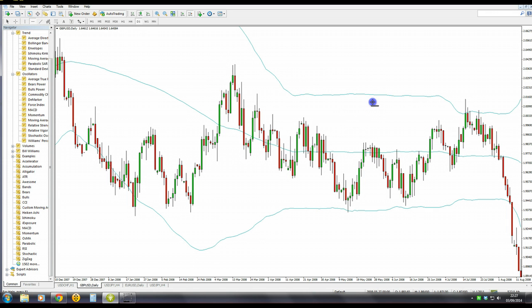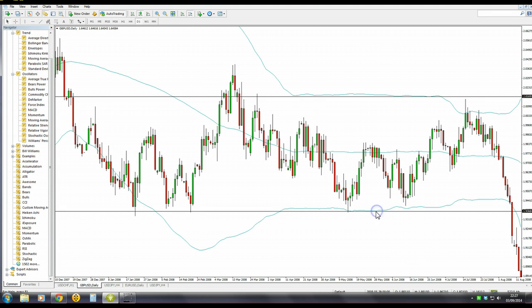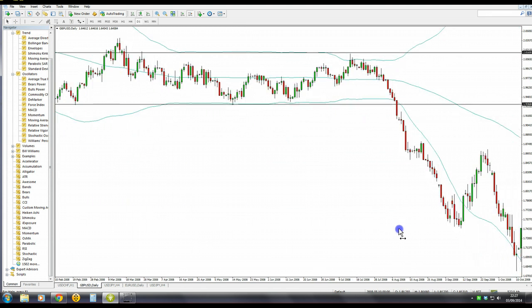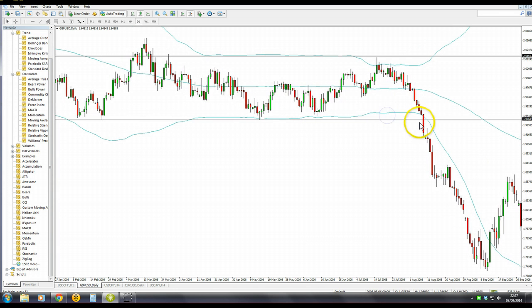usually when you get a range, you get a big breakout. So the top of the range and the bottom of the range. Now nobody knows where the price is going to go. Could go up, could go down, but the key thing to do is, if you get a breakout of this, might consider a large stop loss, but